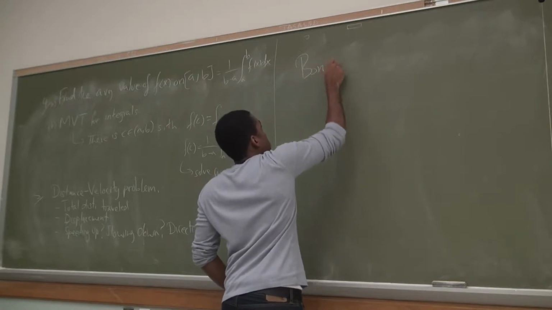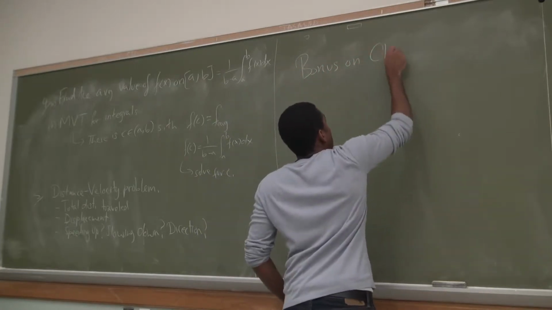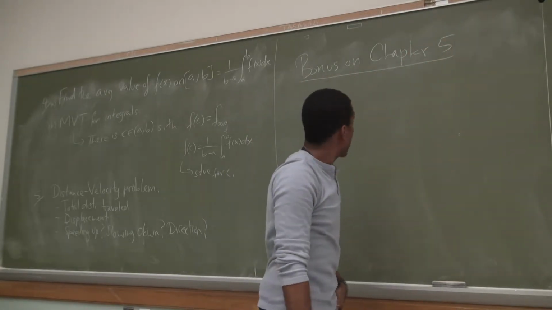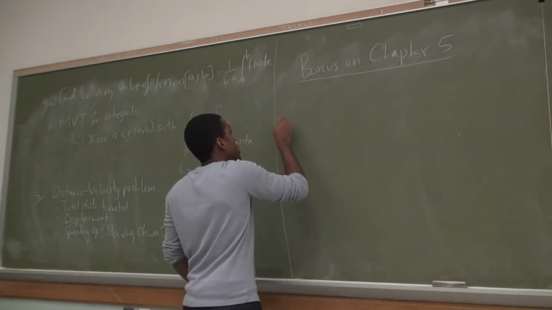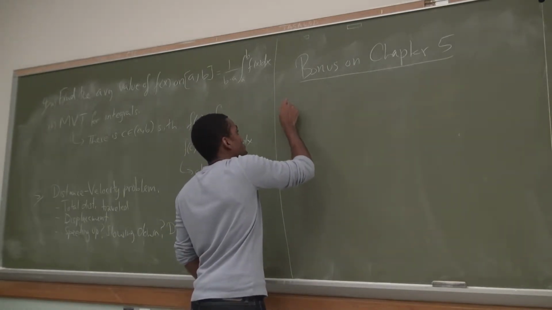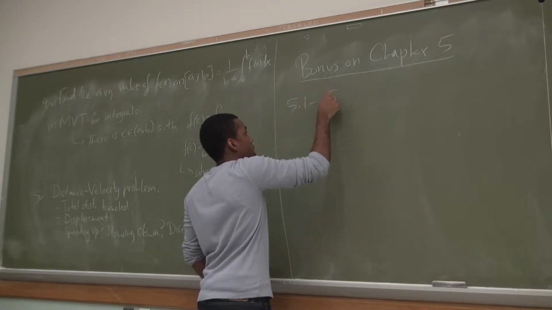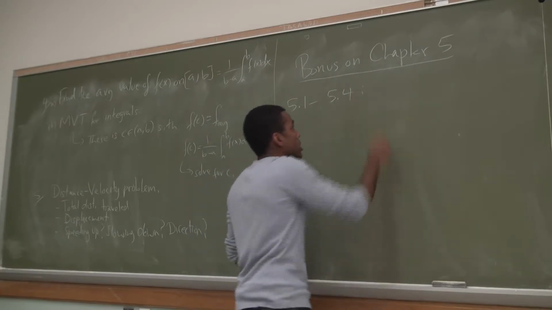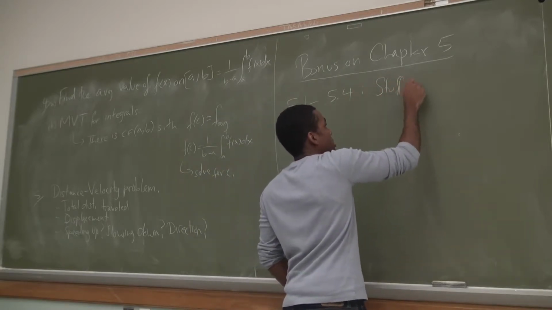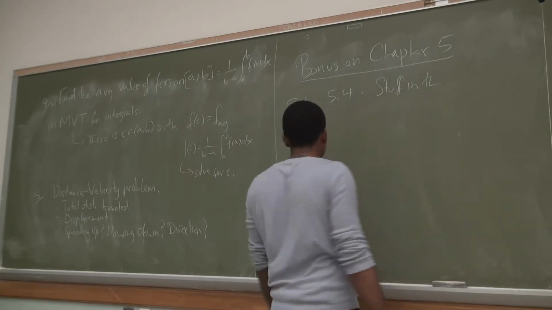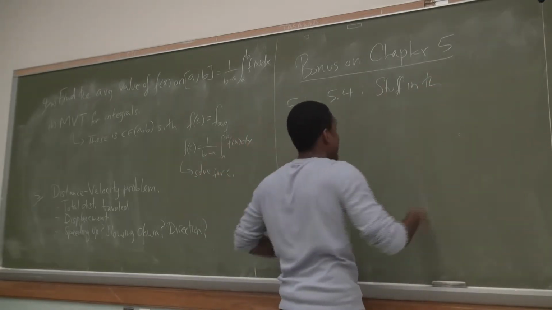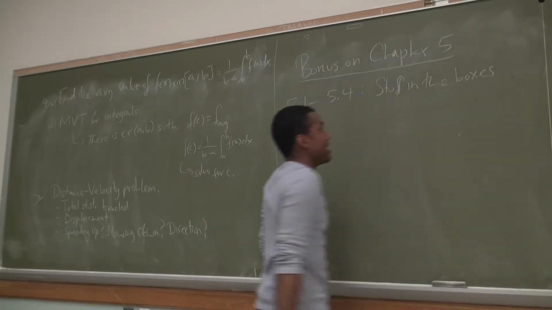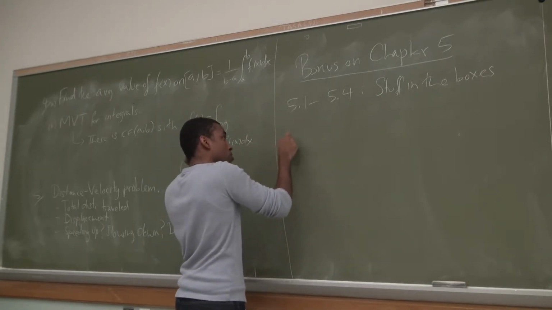Bonus on 5. Seriously? So it covers 5.1 to 5.4, I want to say. Which is pretty much the stuff in the boxes. It's bonus, it can be whatever I wanted to. You can still get 100 without doing this, in theory. Stuff in the boxes, FYI,